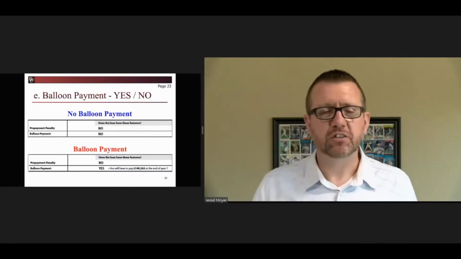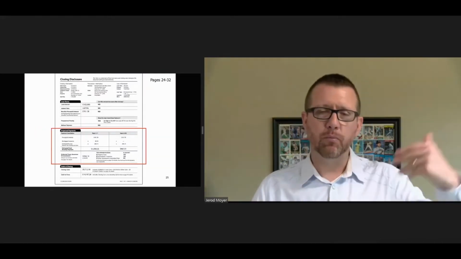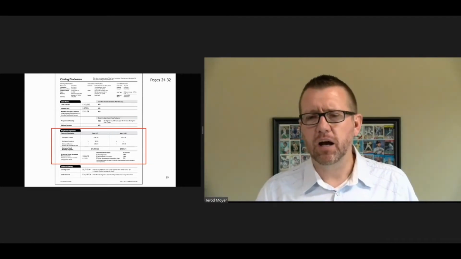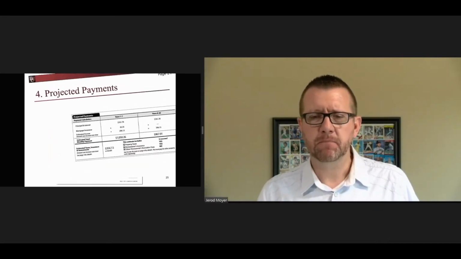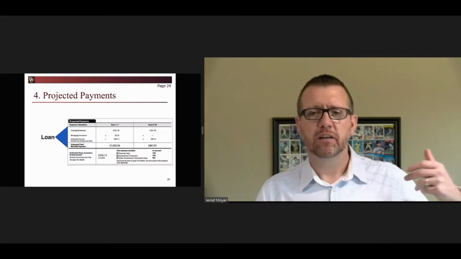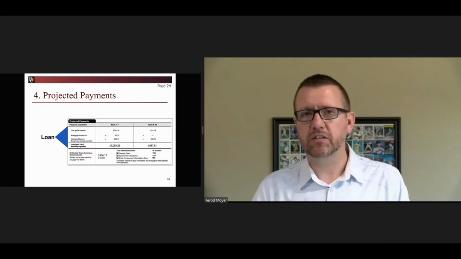which begins on page number 24. This would be the lower portion on page 1 of the closing disclosure. There's really two things going on here in the projected payments area. The top half essentially is about your loan. It's going to be the principal and interest, the mortgage insurance, and the escrow payment, all nicely itemized and then